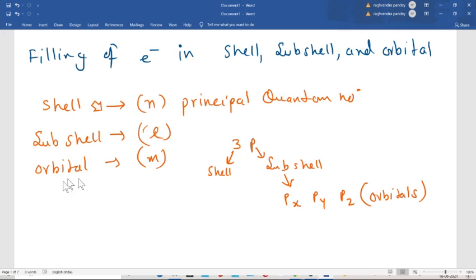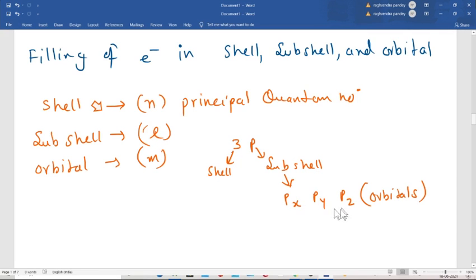These are the terminology used: shell, subshell, orbital. In the UK, Germany and France, there is another term, suborbital. So they write suborbitals here and orbital here; they don't use subshell. So there is a lot of confusion, and different books use different terms, but in IIT Advanced they use this notation of the USA. So that is the most accepted one. In Japan also we use this, and in Asia we use this one. So remember this.